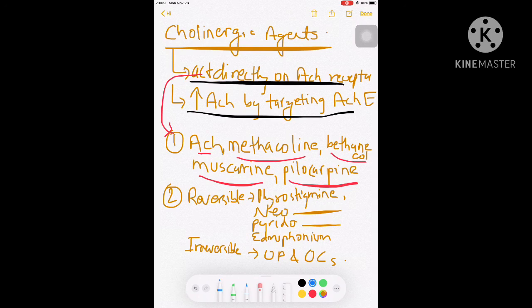The second type is those drugs that inhibit the acetylcholinesterase enzyme and thus increase the concentration of acetylcholine. These are of two types: those that reversibly target the acetylcholinesterase and those that irreversibly target it. The reversible ones are physostigmine, neostigmine, pyridostigmine, and edrophonium. The irreversible ones are organophosphates, which include parathion, malathion, tabun, sarin,